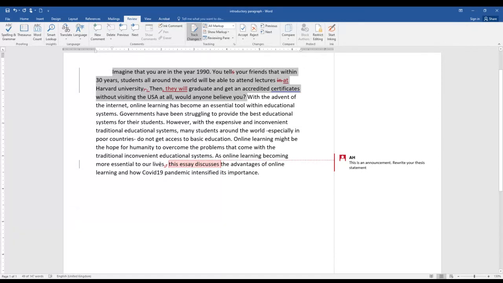You should say, online learning has advantages, has the following advantages, or some advantages, such as 1, 2, 3. Again, this thesis statement is an indirect thesis statement, so you have to rewrite it, and you should write a direct thesis statement. Another attempt sent to me by